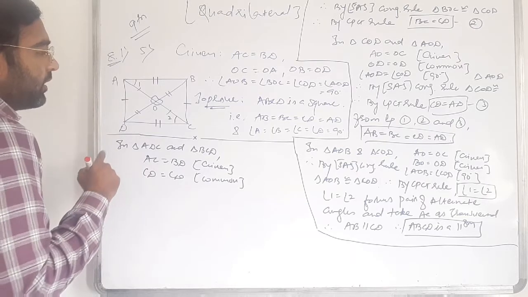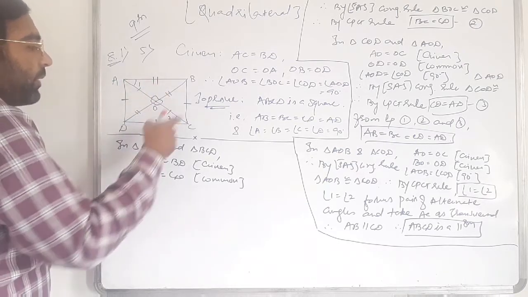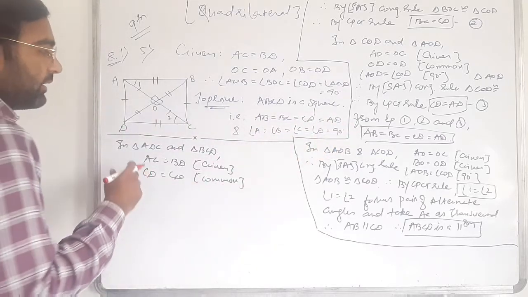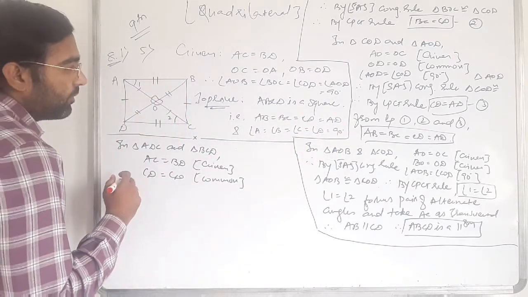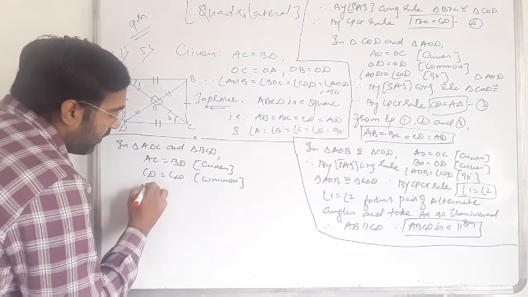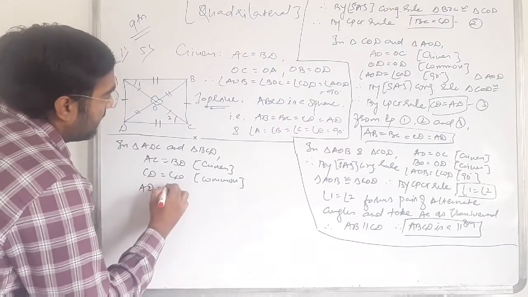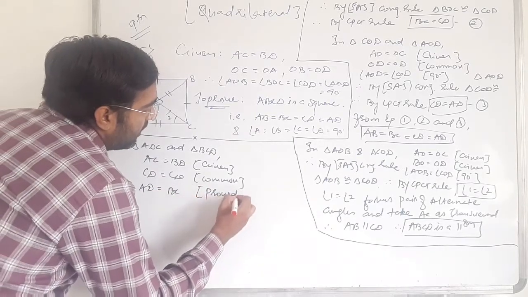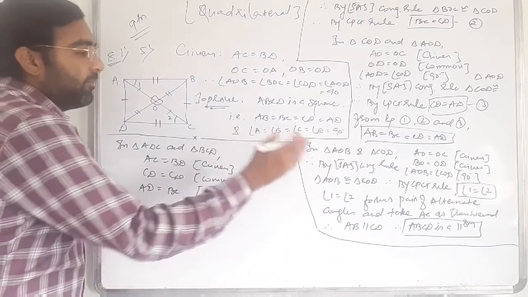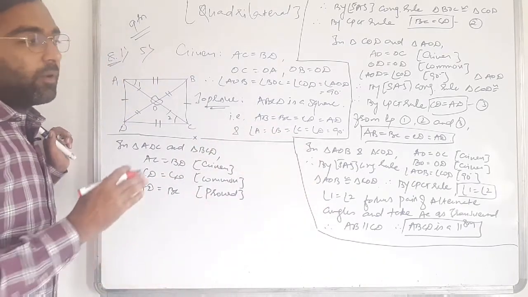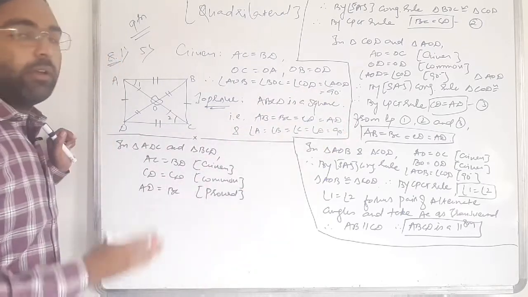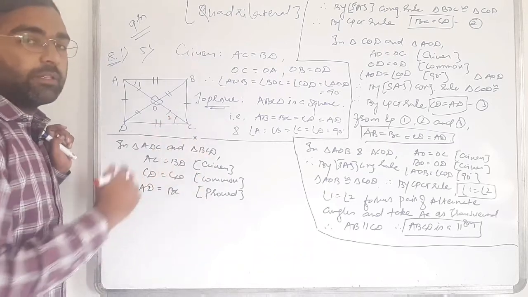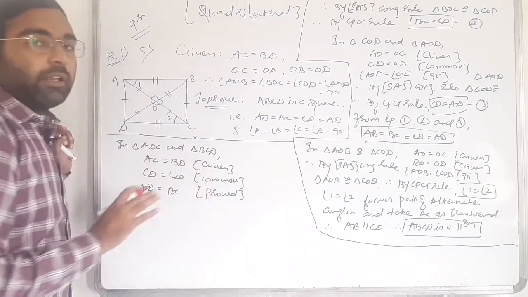We are also proving that all sides are equal to each other. So we are taking AD is equal to BC. By proving the parallelogram or by proving all sides are equal, any one of them, we are writing that AD equals BC. Any one of them is a reason. So for that reason I'll just write proved.